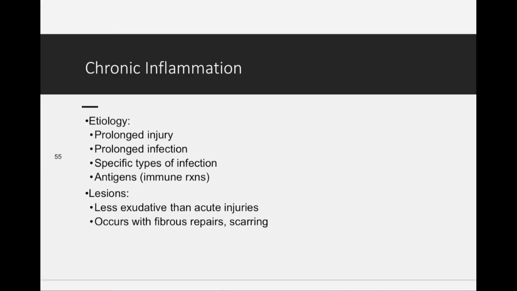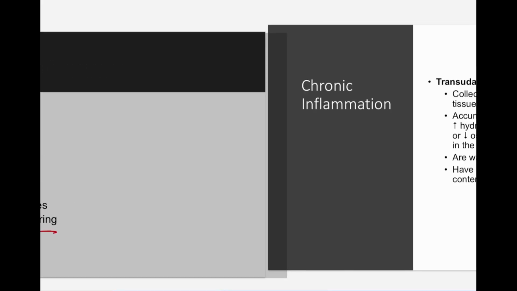They get lesions, exudates or transudates. This is just fluid. The difference is where it comes from, which we'll get to in a minute. Chronic inflammation occurs with fibrous repairs or scarring. So it's not going to heal to its normal spot. This is where you get something like callus formation. Just think of that. With chronic inflammation, you're constantly, every day, grabbing that bar with the sandpaper all over it. It's very, very rough. It'll cause you to have chronic inflammation.